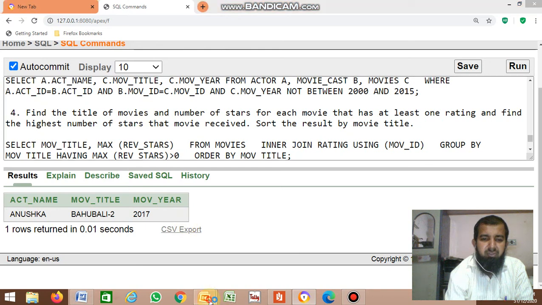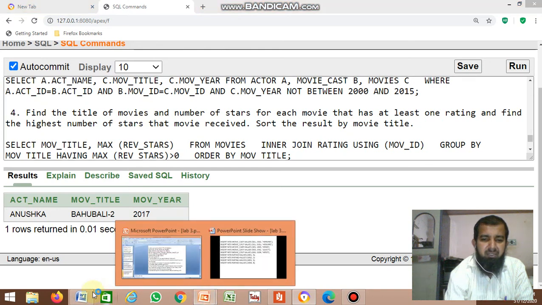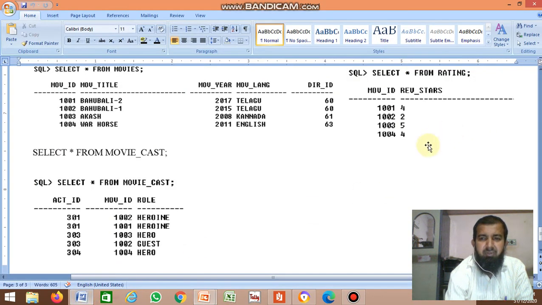Okay. So you have to display what? The title of the movies. So only using this table you can't display the title of the movie. You have to see the movie ID, then the corresponding movie title, movie name. And they also give one more condition as